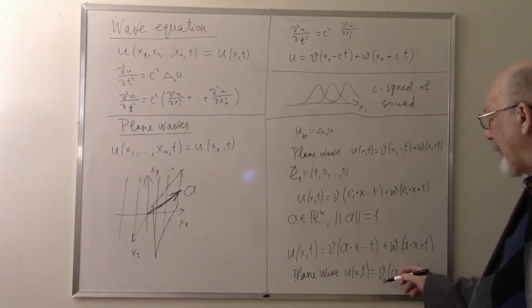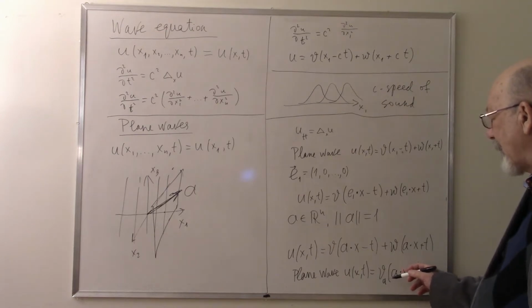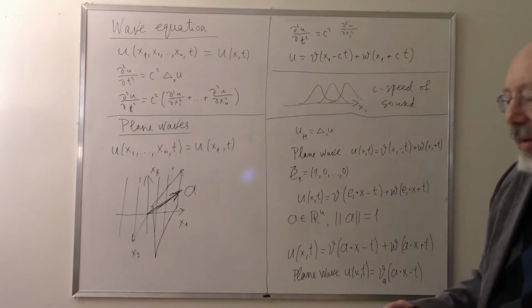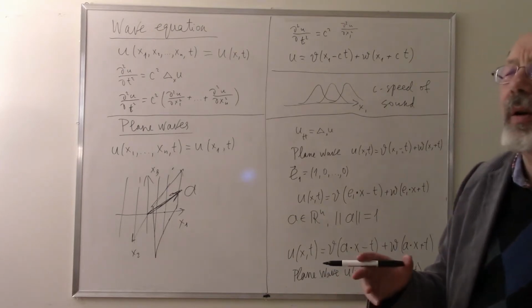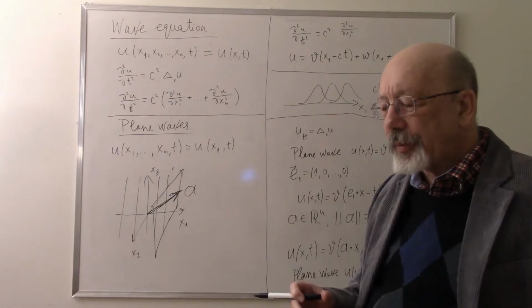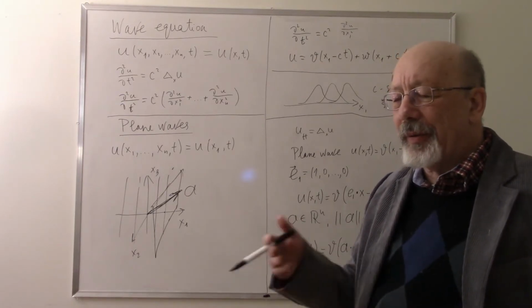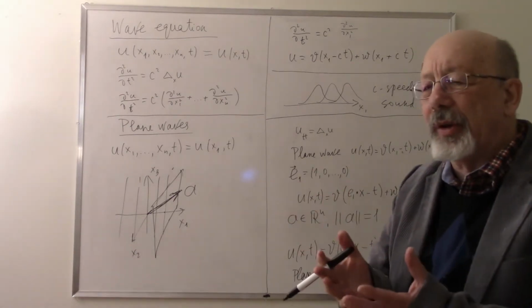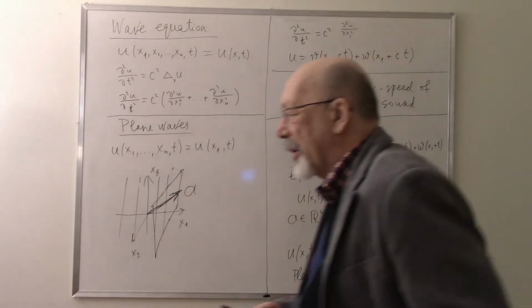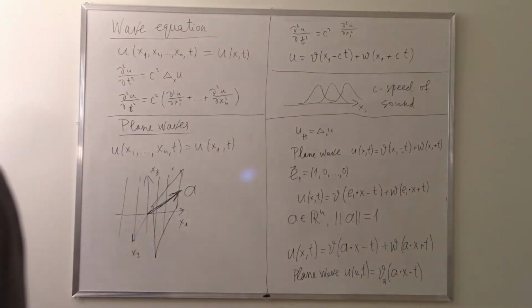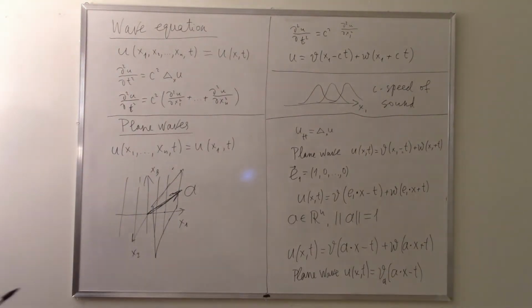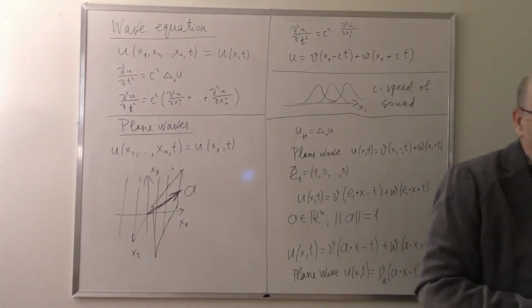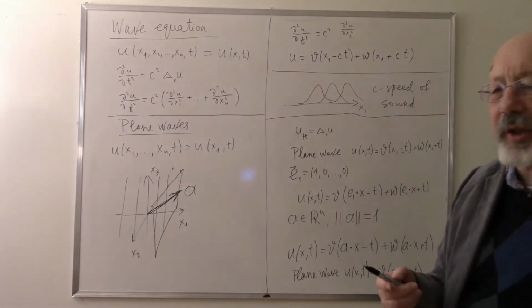For any unit vector a, if you have some plane wave, some function v, then we can integrate this family over the parameter a. a runs over the unit sphere. And so we have a lot of solutions of the wave equation, which are derived from solutions of the string equation,